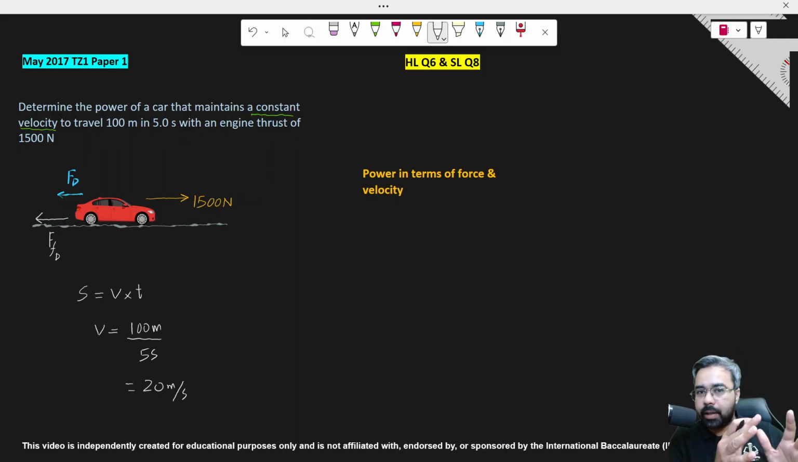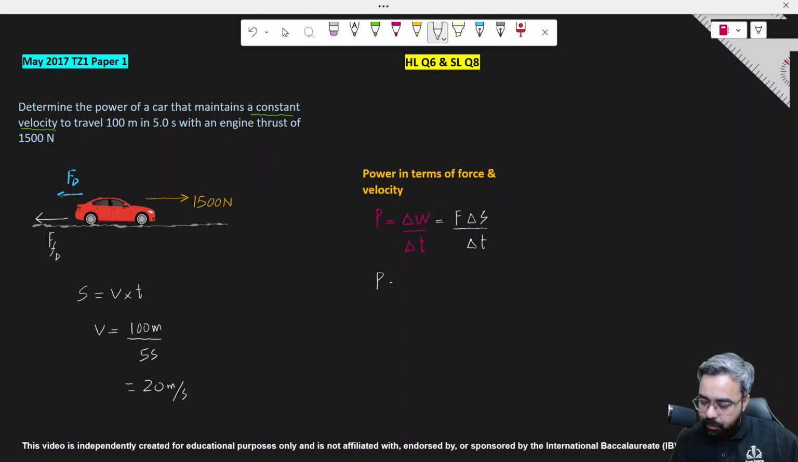Before we directly apply the equation, let me show you the relationship between power, force and velocity. Power is generally the rate at which work is done. Now this work done is equal to the force F times the displacement. Because a constant force is applied by the engine, the displacement is increasing with respect to time. So when the speed is constant,